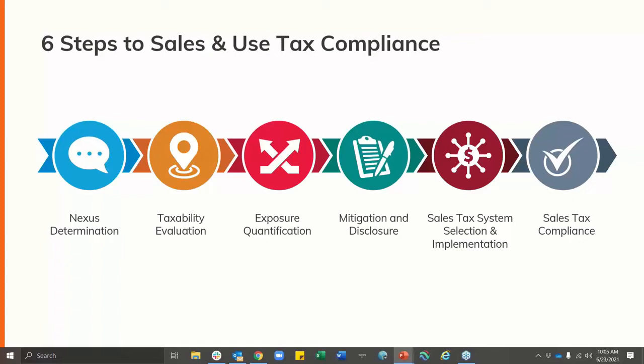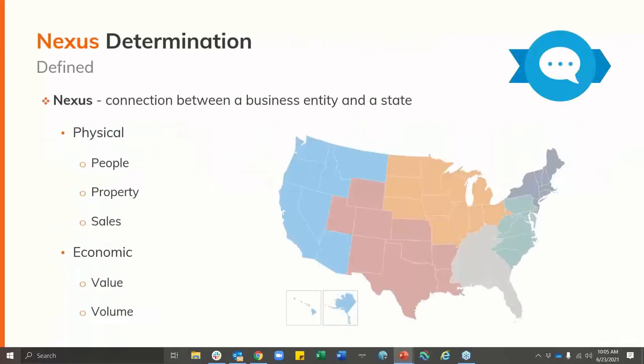Step 2 is really determining the taxability of your products and services. Step 3 is quantifying your exposure. You know, kind of what's out there, what do you need to do, and then how to mitigate it, and then talking about automation, and then what should you do if you do identify exposure, and then beyond that, what would the future look like for you? So with that, we're just going to go ahead and get started with the next phase of the presentation,